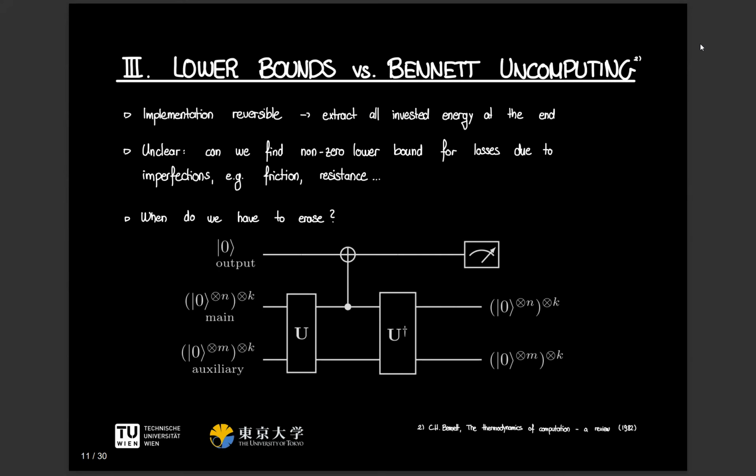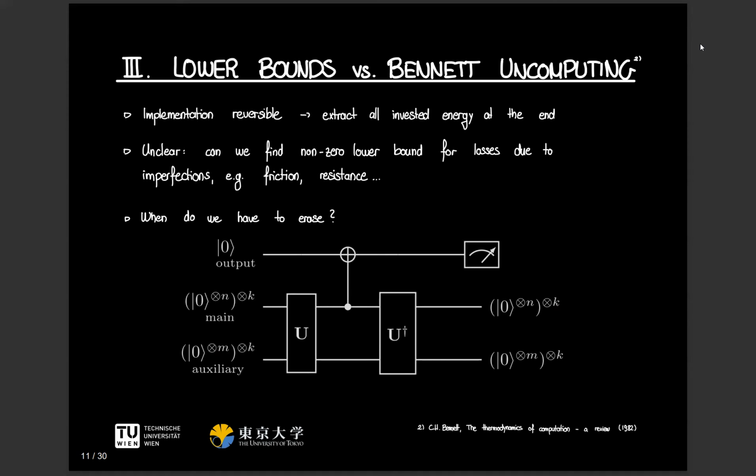We start with the lower bound for classical computation, and there it's important to point out Bennett's uncomputing scheme, which might have come to your mind already, proposing that whatever you compute reversibly, you can uncompute again, and therefore all the energy you've invested in the computation can be recovered, and there is not really the need for an irreversible erasure, and up to an order 1 correction from the output decision, there isn't a non-zero lower bound.